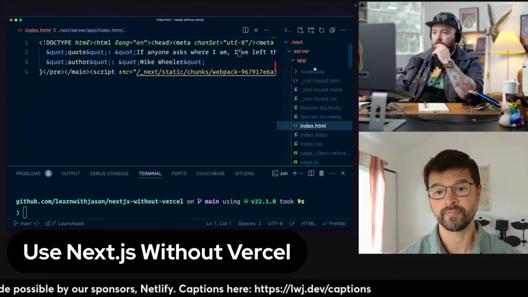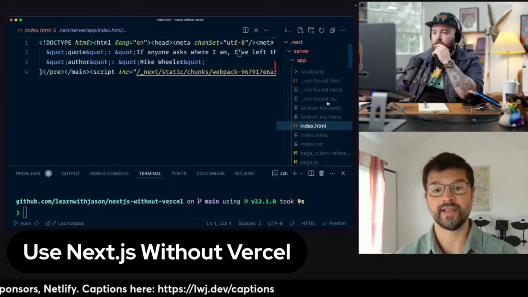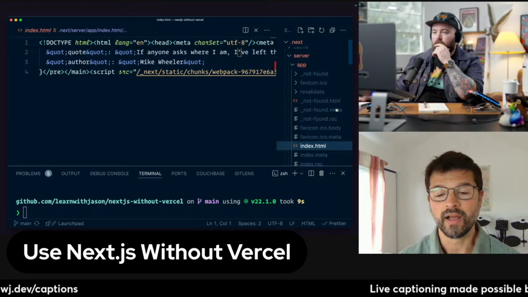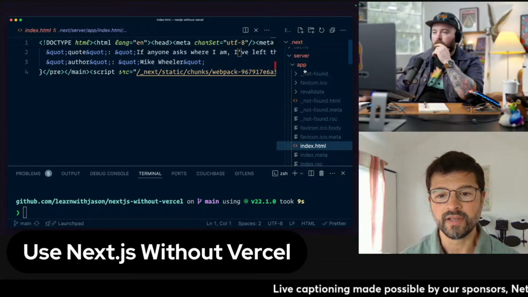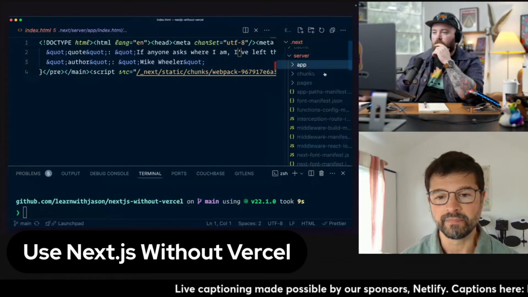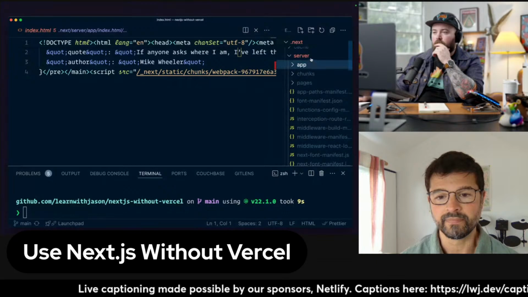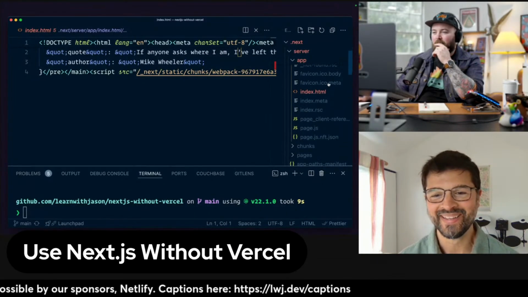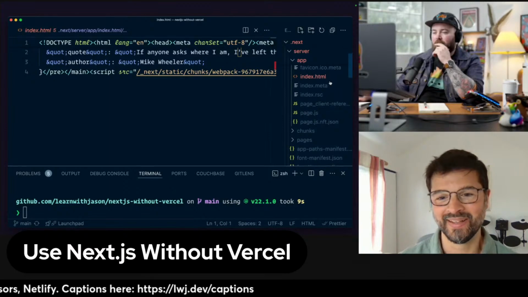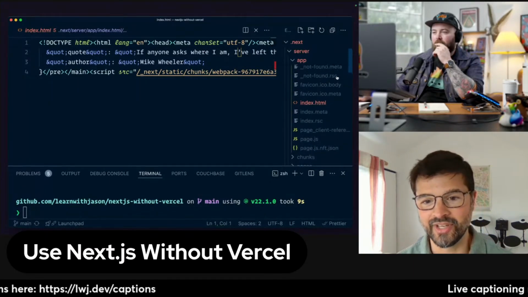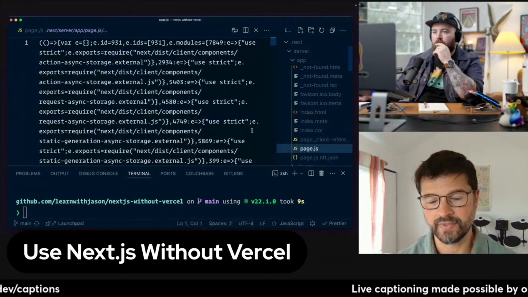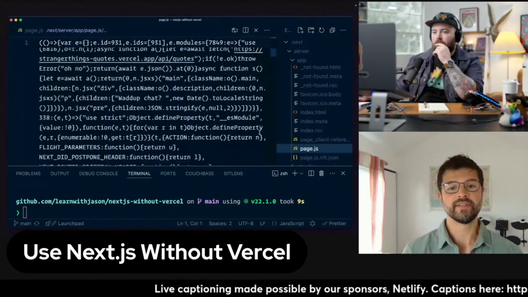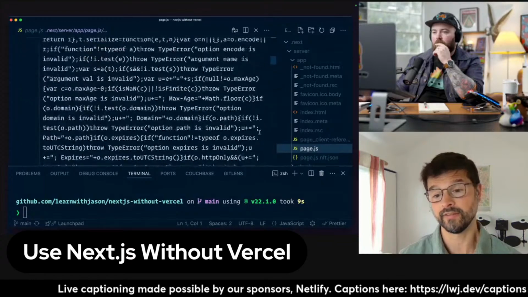The third thing we do is create a server handler to run the Next.js code. If you close up the app folder... actually, sorry, maybe keep it open. You can see, as well as the HTML and meta and RSC, there's a page.js file. So this is all the server code that Next.js will use to render that page,